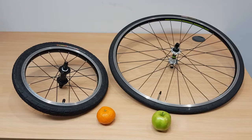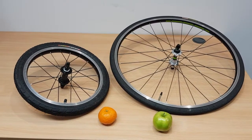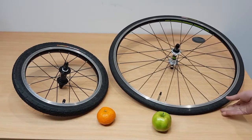Today we're going to look at pumping up the tyres on a kid's bike, and we'll look at both using a Presta and a Schrader valve. If you're not sure whether your tyre's pumped up enough, there's a rough and ready test that involves a piece of fruit. If you've got a road bike tyre,